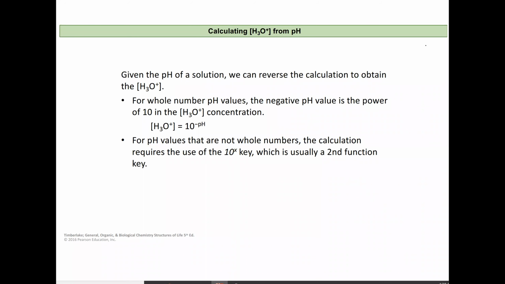Now that we've looked at how to calculate pH, and I'll put it up here as a reminder, that pH is equal to the negative log of our hydronium ion concentration of our solution. I'd like to talk about working backwards. What if we know pH and we want to know the actual concentration that we have of those H+ ions